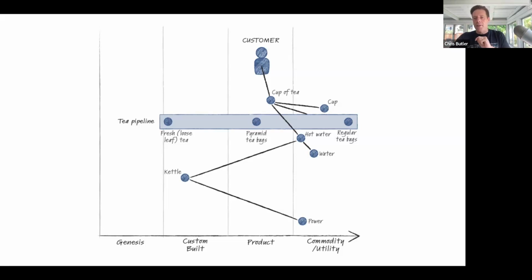So a regular tea bag is highly commoditized. I can go down any corner store and buy one and buy them for fairly cheap, right? There's these pyramid tea bags, which are more custom made, nicer looking. They maybe have higher end teas, but they're a product, definitely, but they're not something that is more standard. And then finally, this idea of really fresh or loose leaf tea ends up being very custom. I have to put it together myself. It's maybe using higher end tea. And so it's meant to talk about this spectrum of things.